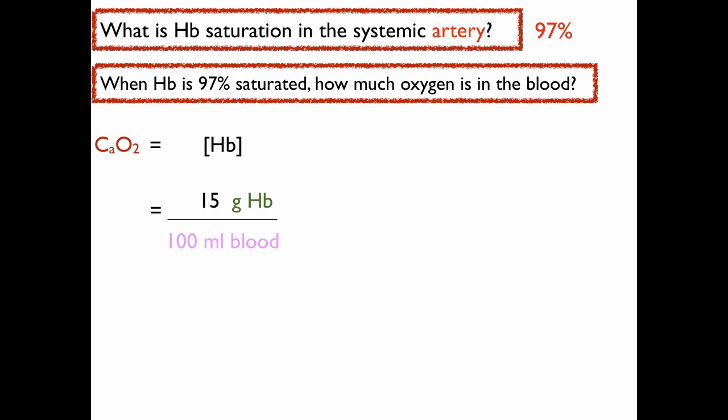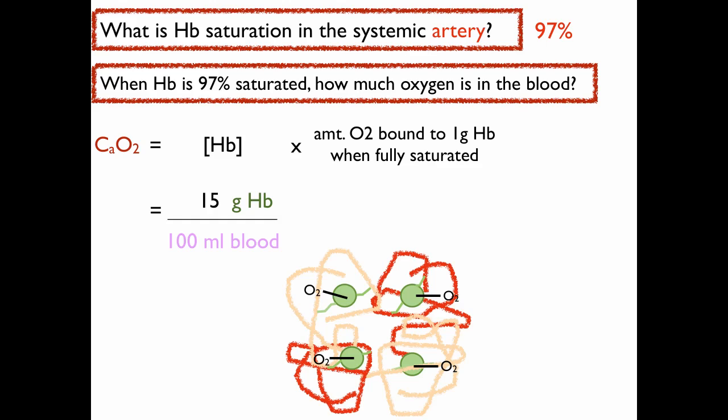We're going to take that concentration of hemoglobin and multiply it by the amount of oxygen that could bind to 1 gram of hemoglobin if it was fully saturated. So if I had a gram of hemoglobin that had every single heme group bound to oxygen, it would hold 1.34 mils of oxygen. So this is a constant. If every gram of hemoglobin in the blood was fully bound up to oxygen, that gram would hold 1.34 mils of oxygen. However,